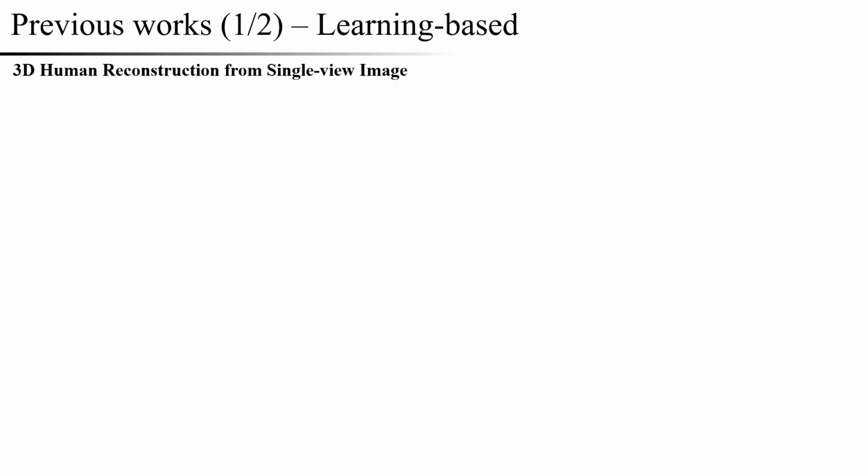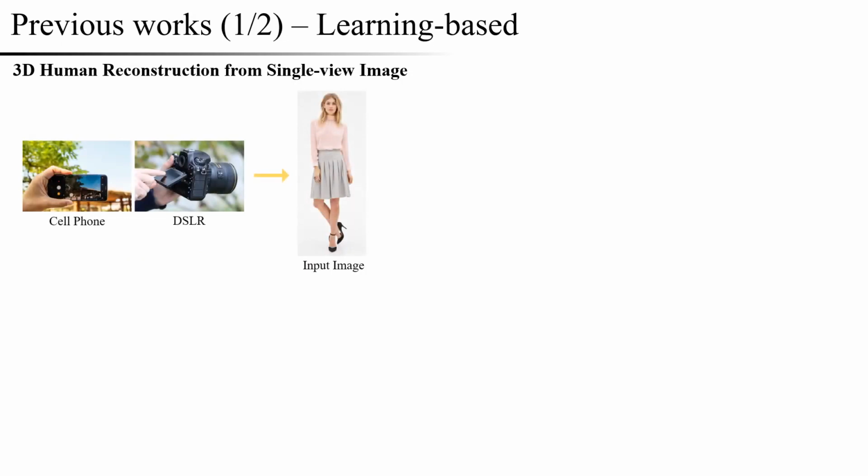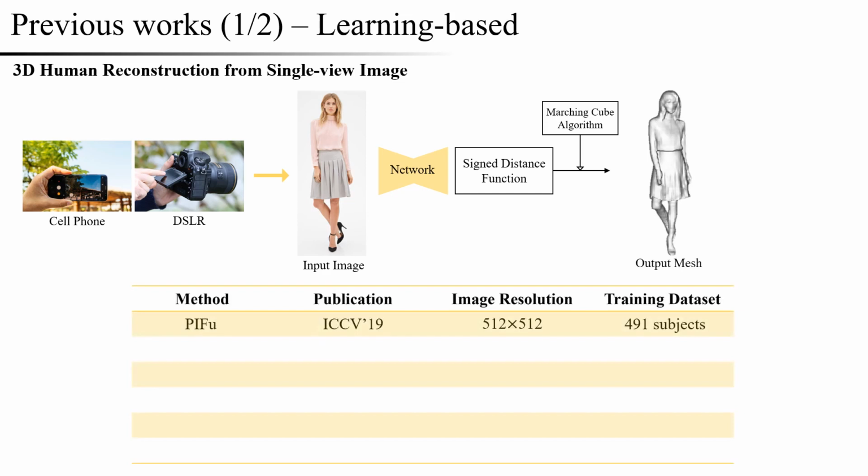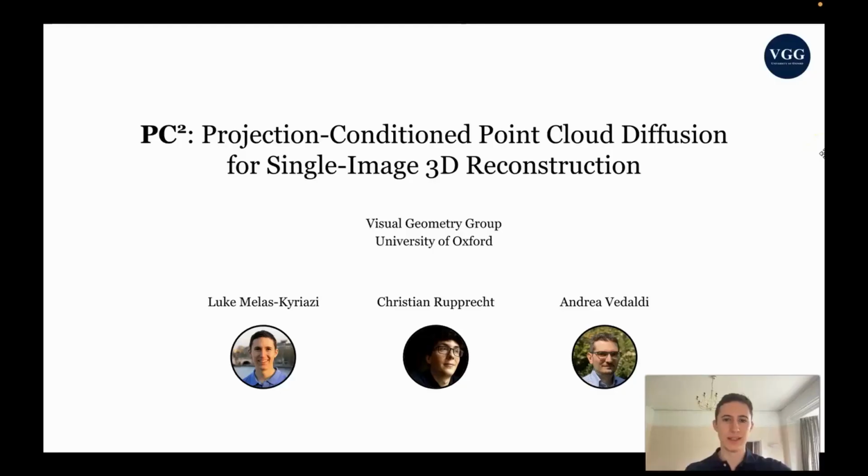The methods of reconstruction of a 3D human model from a single image go through the following process. First, from a photo containing a person, we predict the signed distance function values through a deep learning network, pass it through the marching cubes algorithm, and form a 3D human mesh. The first paper to propose such a methodology was PIFu, which learned the